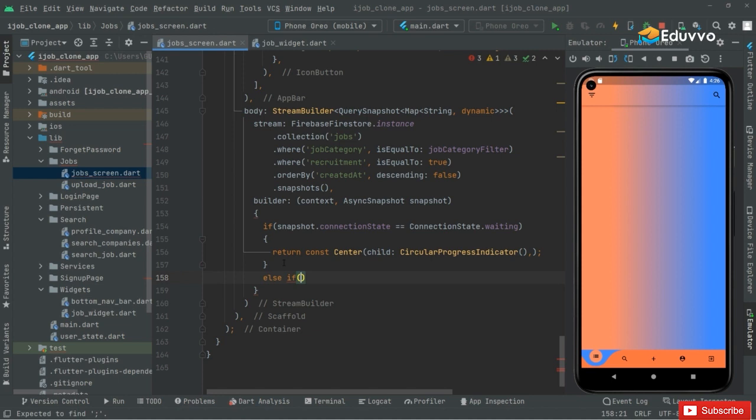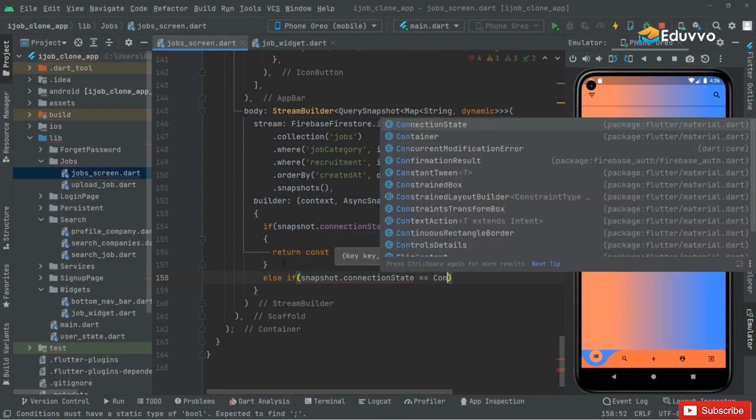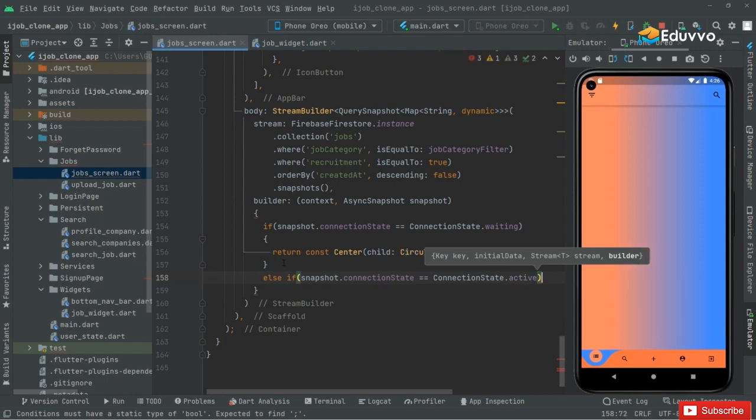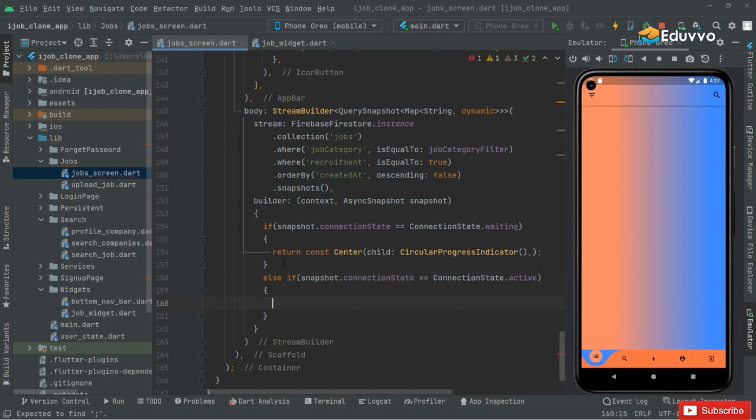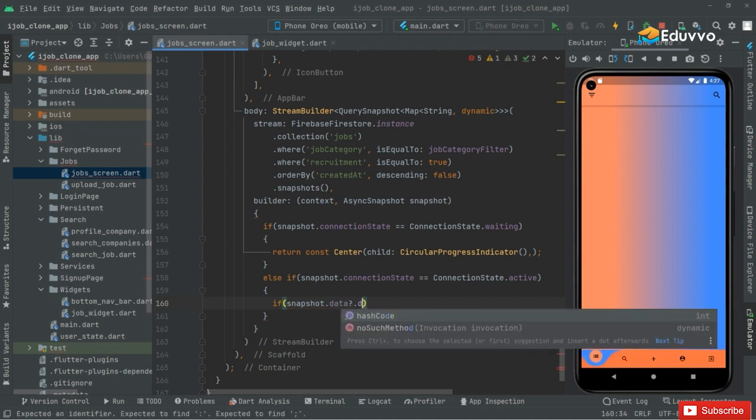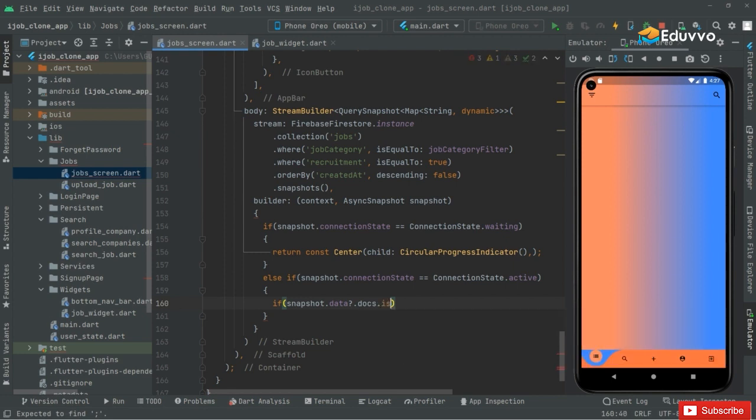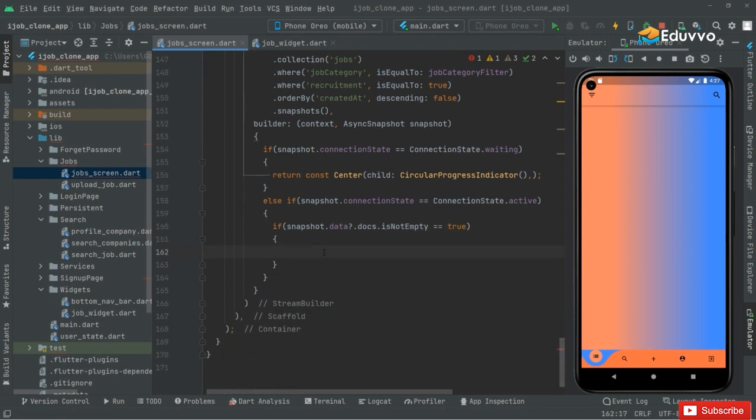So in if we will do that, and right after in here else if we will say if snapshot dot connectionState is equal to ConnectionState dot active, what we will do when the connection state is active. We will also check that if the snapshot dot data dot docs, the documents, is not empty. If that is equal to true, in that case, scroll it down first. It simply means that if the data dot docs is not empty, and it's equal to true, only in that case we will return